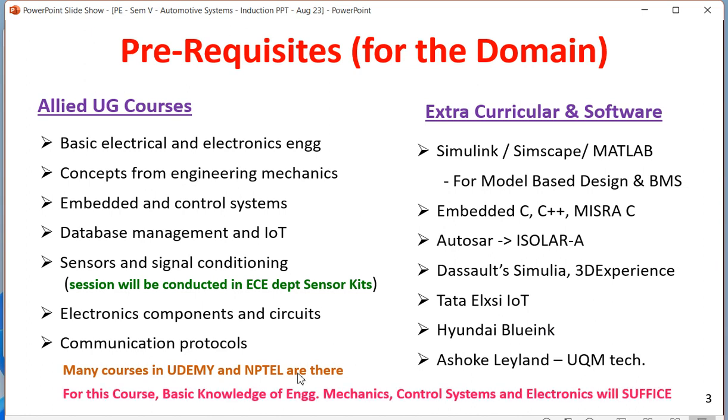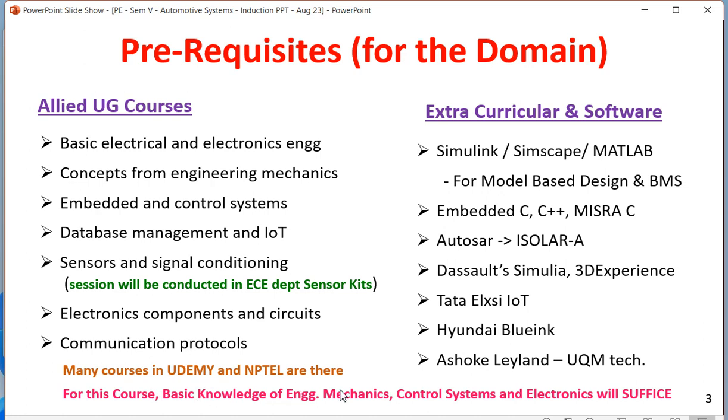You are going to get a lot of material on automotive systems on the internet, on YouTube. Apart from that, Udemy and NPTEL are launching their own courses. Udemy courses are 400-500 rupees. You can learn MISRA C, AUTOSAR, CAN protocol, LIN protocol and all those things. And I'll tell you, we have seen almost hundreds of students in the last 4-5 years who have been absorbed by automotive industries, and they are all from ECGIT, and I am in close touch with many of them, and they are still learning from the courses on Udemy and NPTEL.